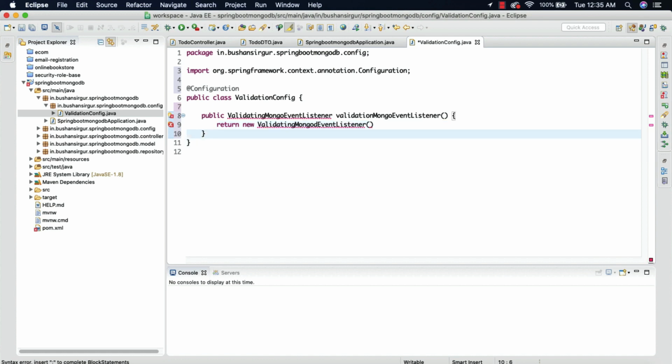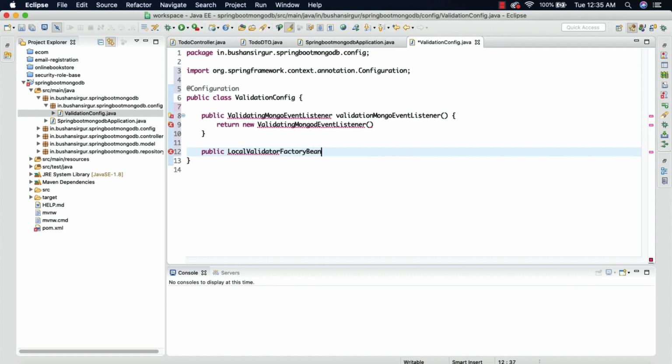To this event listener, we're going to pass a validator method. So public LocalValidatorFactoryBean, and I'm going to call this validator.